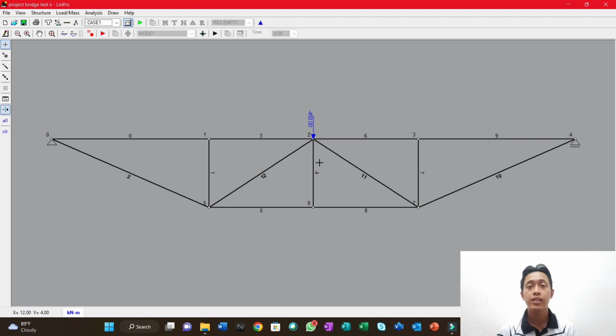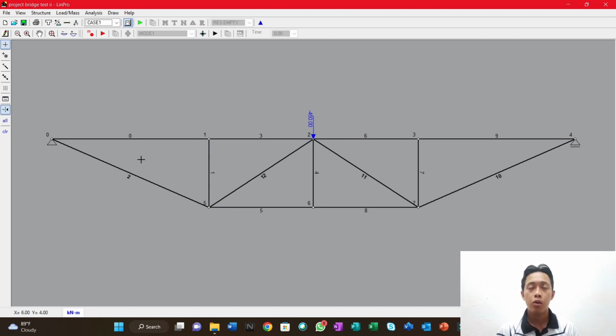Before we go far in software calculations, first we should define the support reaction at the end of the structure bridge. Okay, in my project, on the left side we put a pin support, and on the right side we put a roller support. We also put a 450 kilonewton load at the middle of the bridge, but we wanted to put a uniform distributed load along the bridge with a value of 30 kilonewton per meter, but we are unable to put the uniform